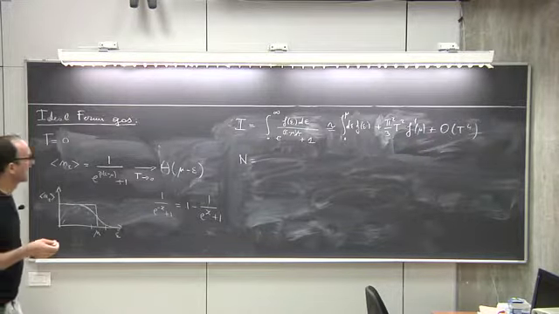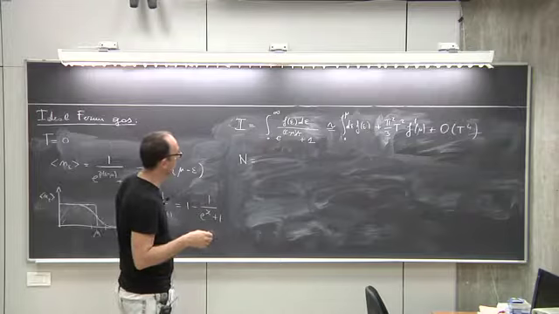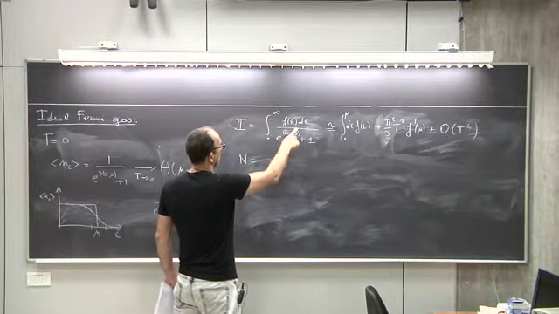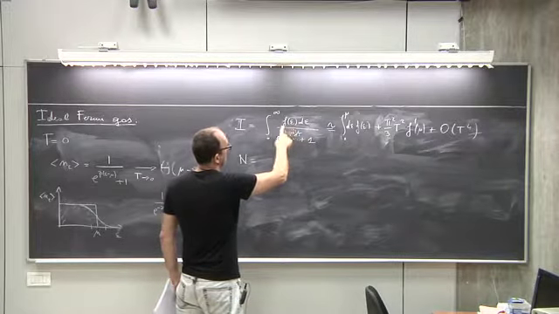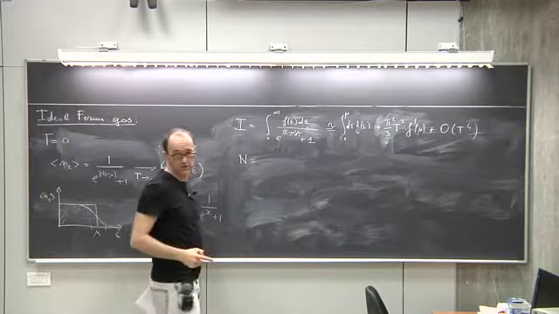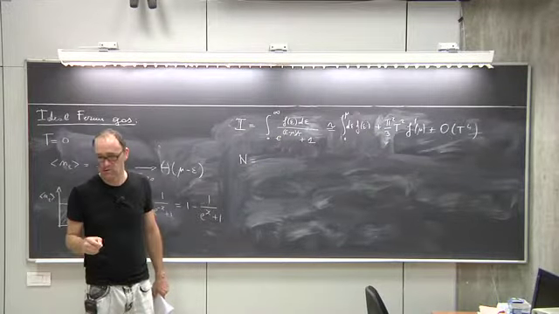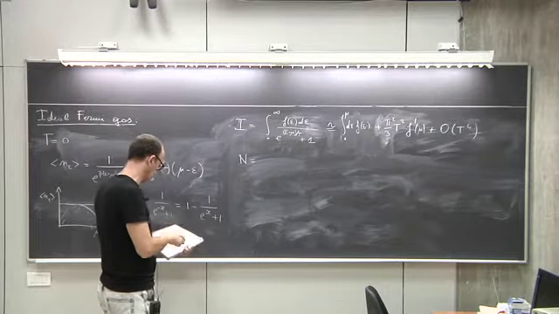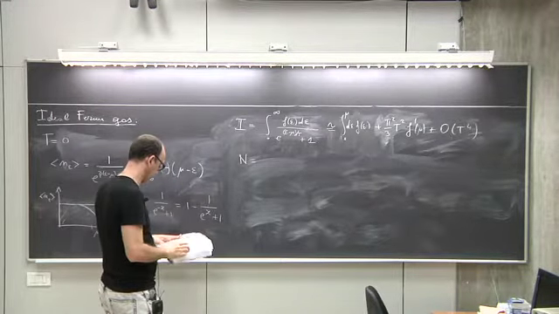Okay, and from this, you have to do integrals of this type with f of epsilon, which is the square root of epsilon. Okay, and so the number of particles